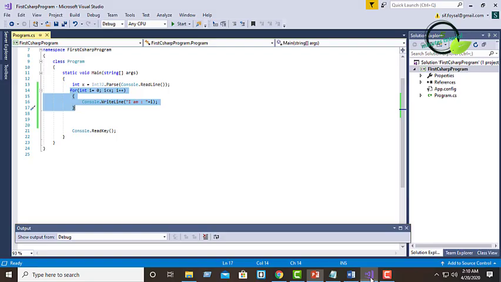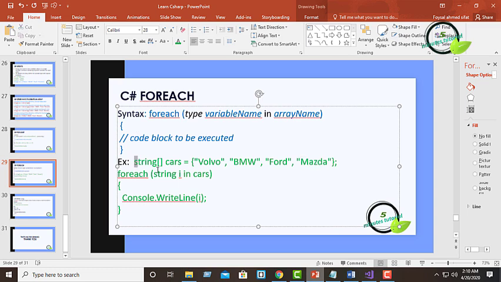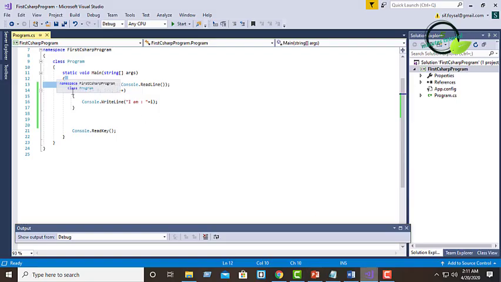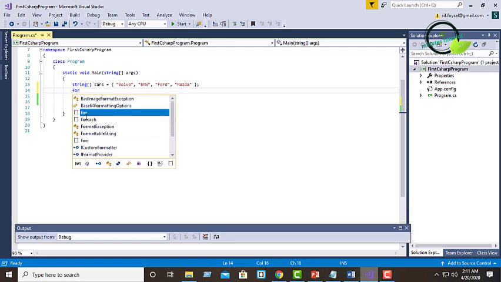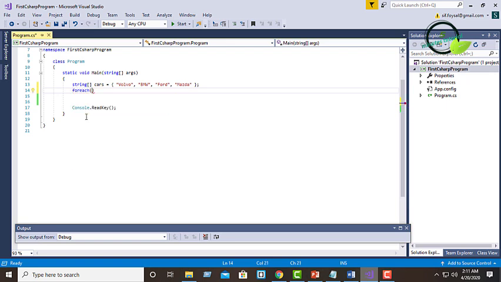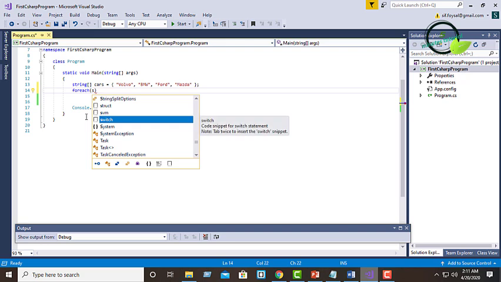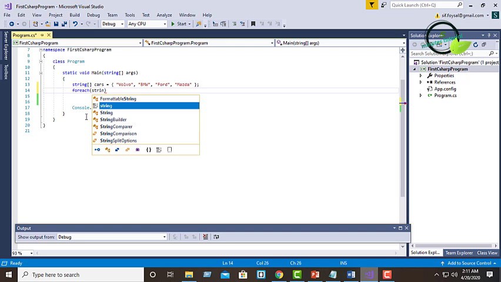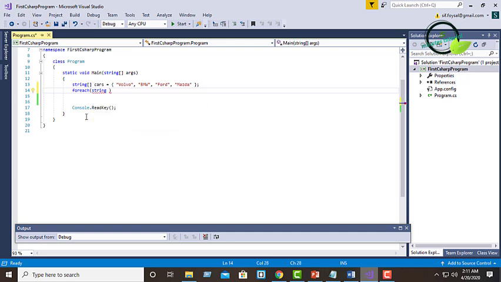So let's see the example. I will just copy and paste here and execute the for each. Here the array data type is string. So I am giving the string data type and a variable name I, so that it will target the array value.